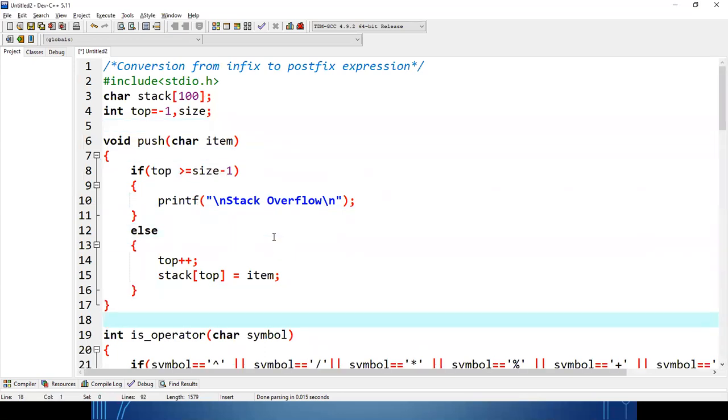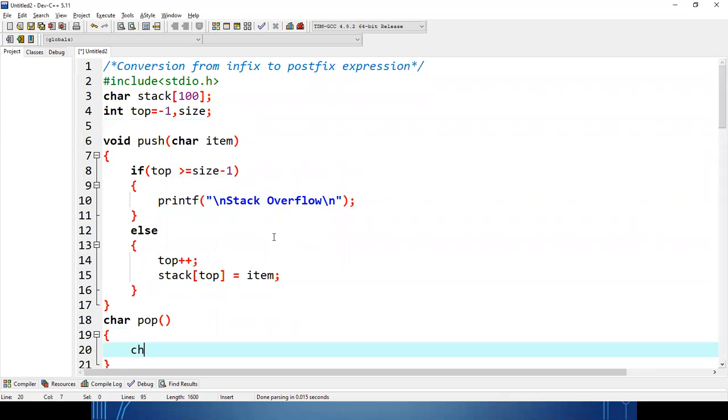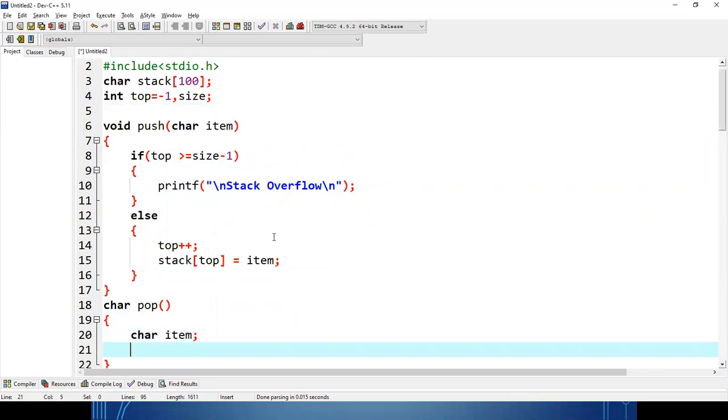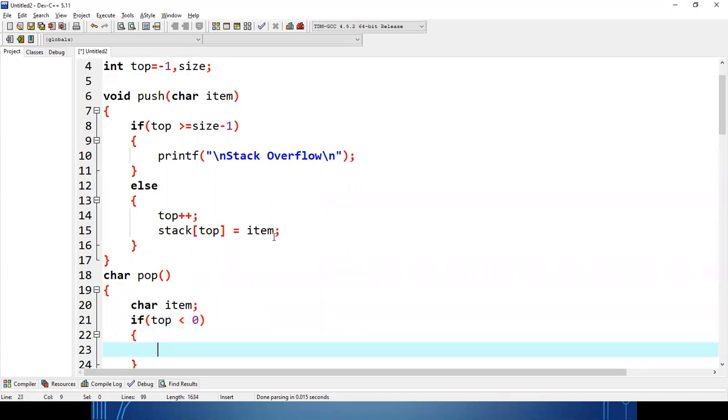Inside the pop, the pop function will give me the stack of character. So character item. First of all, I'll check for underflow. So if top is less than 0, printf stack underflow.